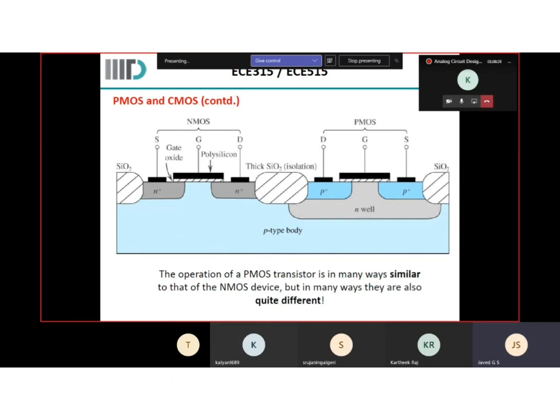So the NWELL, how do you provide that isolation? Along with giving a supply connection, you'll actually have a physical SiO2 put between the 2 devices to isolate them. So what is a thick SiO2? It can either be a trench or it can be a large cap-like device where you have a thick SiO2 present.